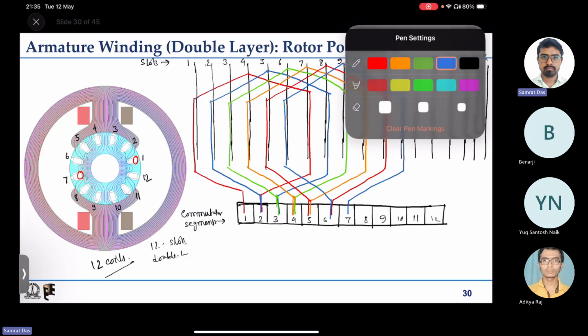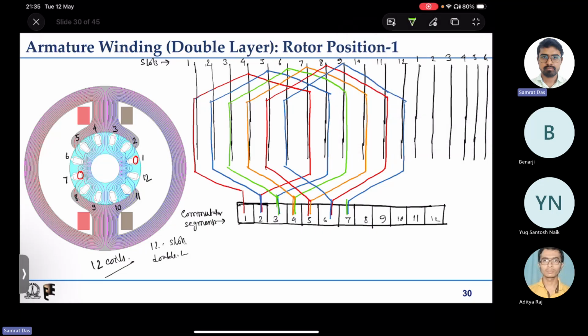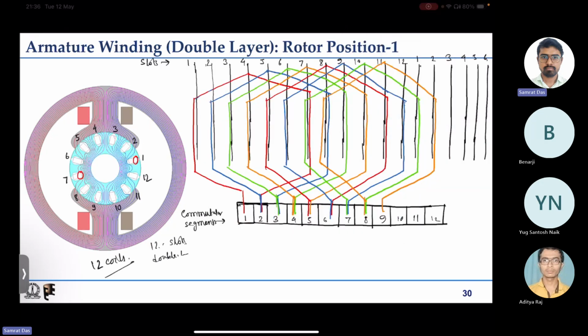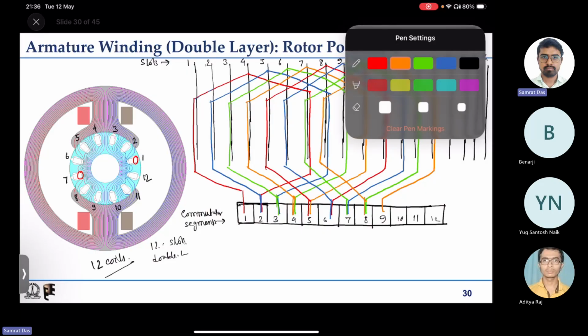So it has come to 12 slot, then again 7 coil goes to 7 slot top, first slot bottom, it comes back to 8, then from 8 it goes to slot number 8 top like this, then comes back to segment number 9. Next is orange is completed, again red,